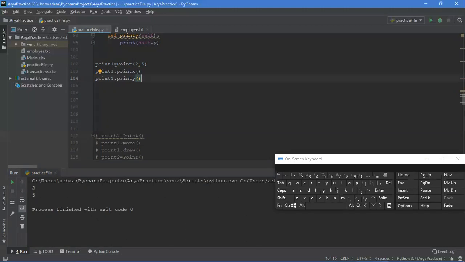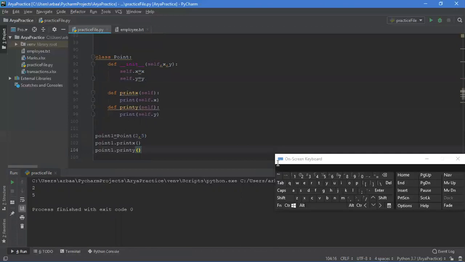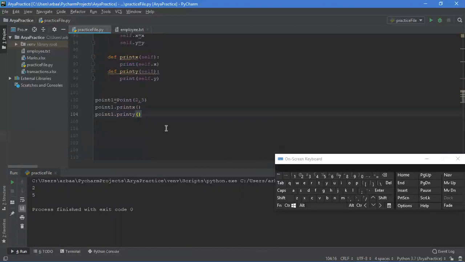So this was the simple class. This was a very simple one, any class that we want to create. We can go ahead and create as many methods as we want. Like I'm gonna create another class if you want, another class named parrot. How about this? So you can say class